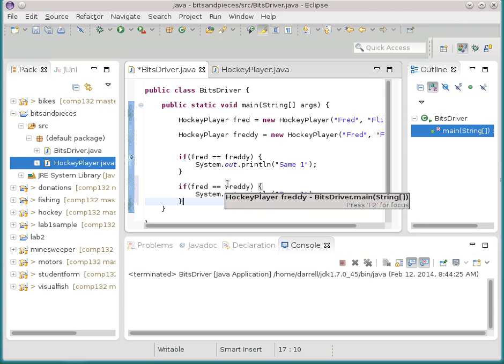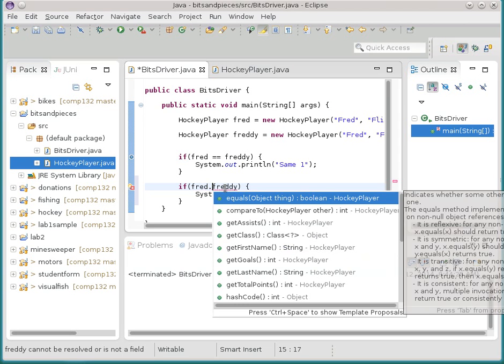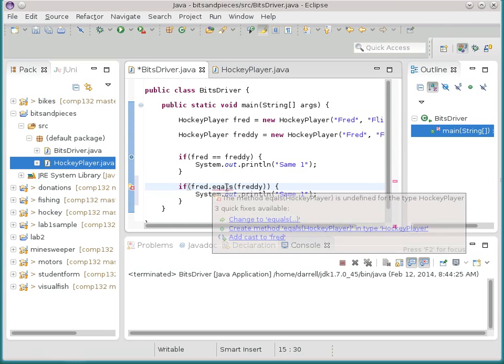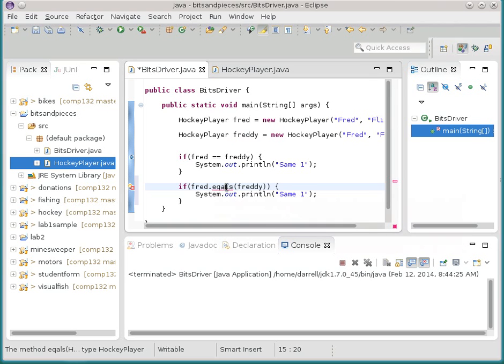And we change this to, oops, dot equals instead. Assuming I can get it spelled right. And then call this same too. What's it going to print out now? Is it going to print out same too or not? Because